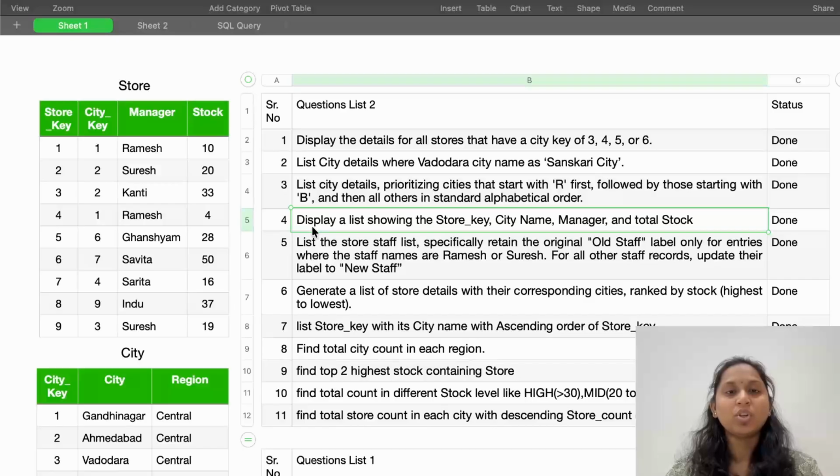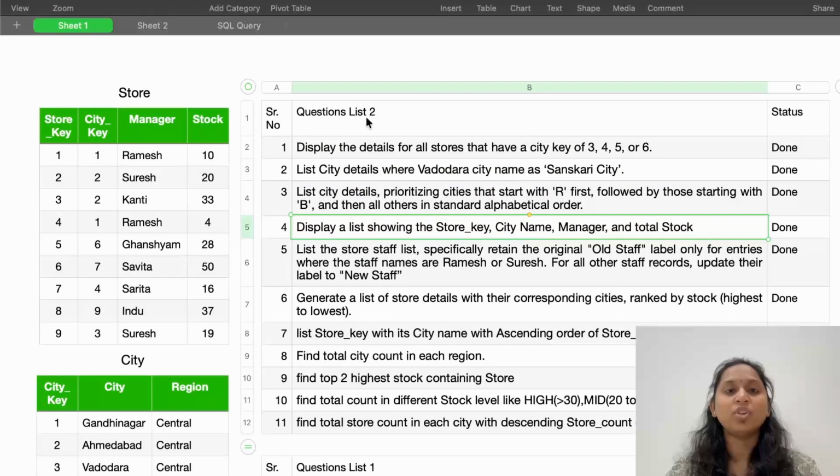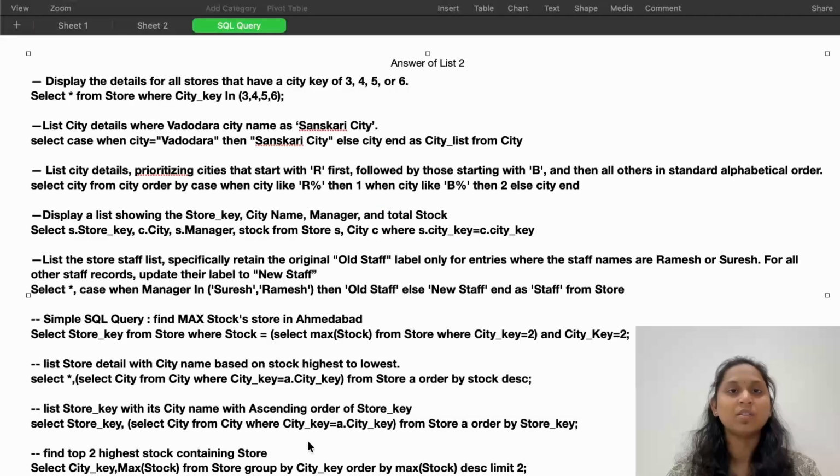In the next question list, I hope you have completed question list 1 as well as question list 2, otherwise you cannot understand the next question list. And one more thing I want to show you is this. This is the answer to most of your questions. So take a screenshot of this and try to solve the questions. If you get stuck at any point, Google it, and check why you are not getting the result. It is a silly mistake. Practice as much as you can. See you in the next video. Bye bye. Till then, take care.